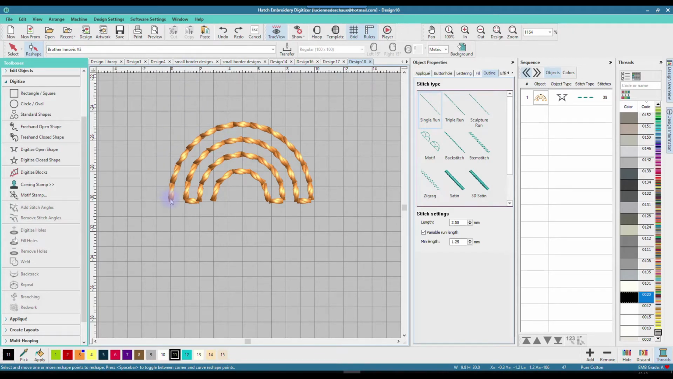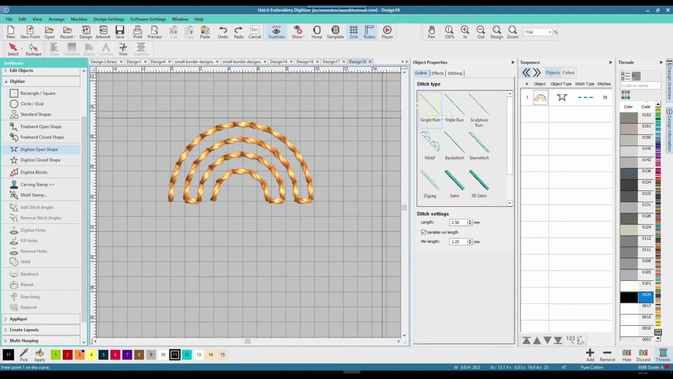I started with this one on the 0 line. So every little square is 1 by 1 millimeter. If you work in inches, you need to measure that out. I have no idea. But these are centimeters and millimeters. We will start with this one, and therefore I go to Digitize Open Shape, Single Run, and